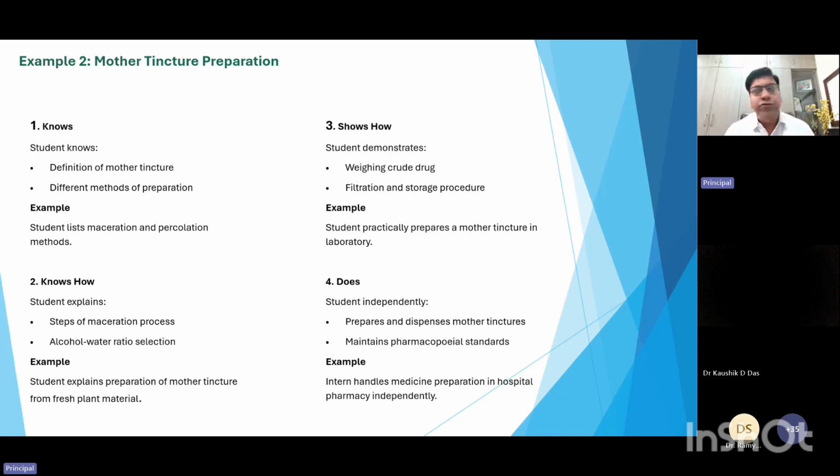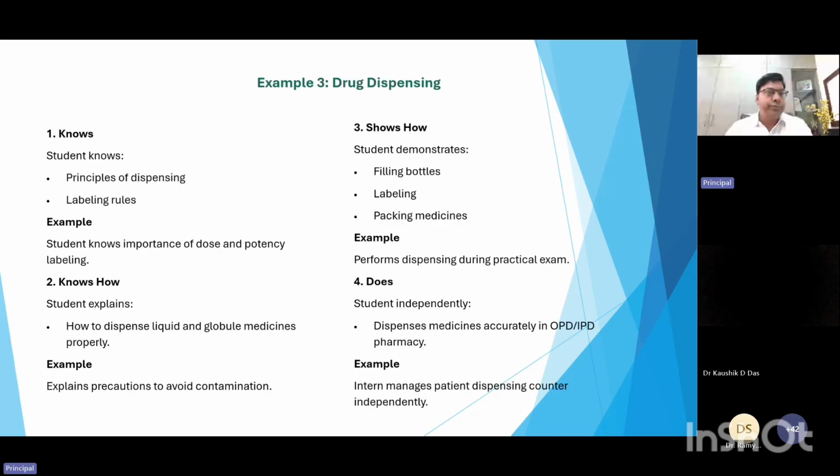So during PG curriculum teaching, as a faculty, our target should be that right from the admission till the completion of the PG course, during the entire 3 years, we should see that he progresses through levels 2, 3 and 4. So at the time of completion of the course, he should be at this level. Okay. Then next example is